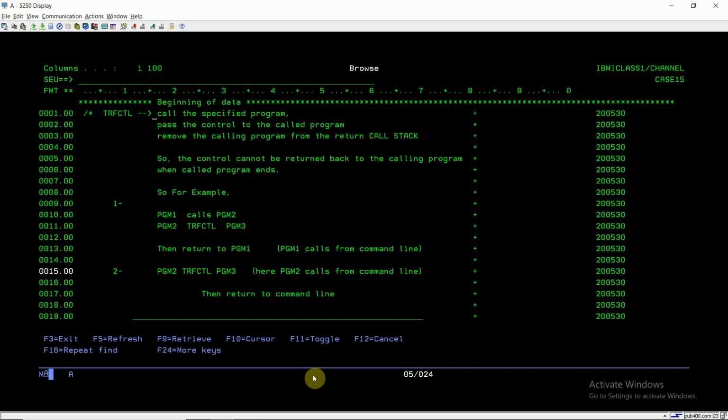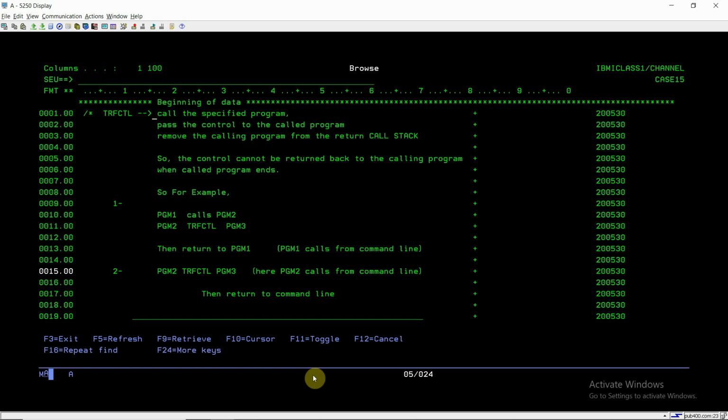The call command calls some program, and we can pass a parameter to the called program, and we can receive the parameter in the calling program using the call command. But the TRFCTL command calls the specified program, then passes the control to the called program.